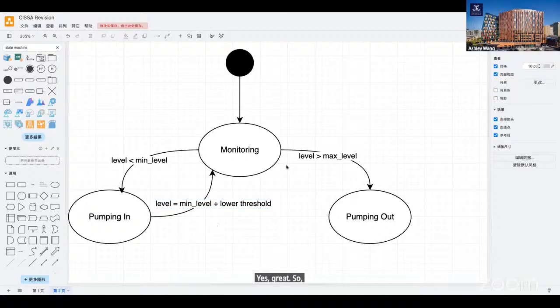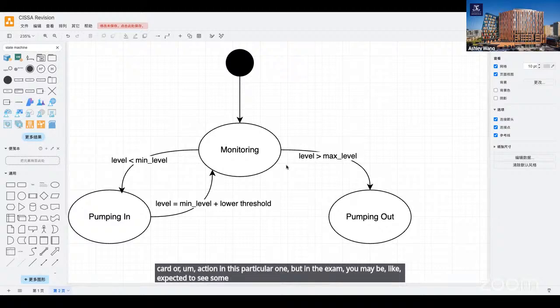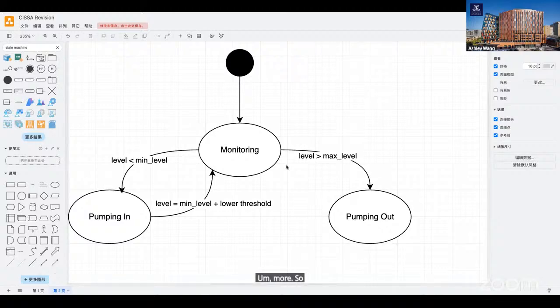So in this question, I feel like there's not much guard or action in this particular one, but in the exam, you may be expected to see some more. I can take a very simple example. Okay, actually I can't come up with that. Okay, yeah, so I think that's how you draw the state machine diagram.